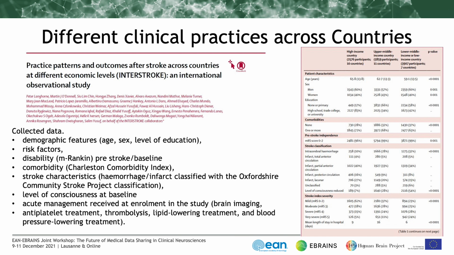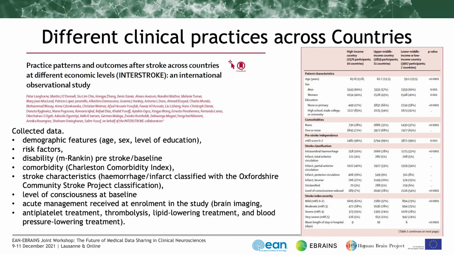Interstroke was an international case control study of risk factors for first stroke, which enrolled more than 30,000 stroke patients from 140 clinical sites in 32 countries. The study hypothesis was that there will be variations in the access to stroke treatments and services across countries with different incomes, and that after adjusting for case mix, patient outcomes will be affected by the treatments and the services